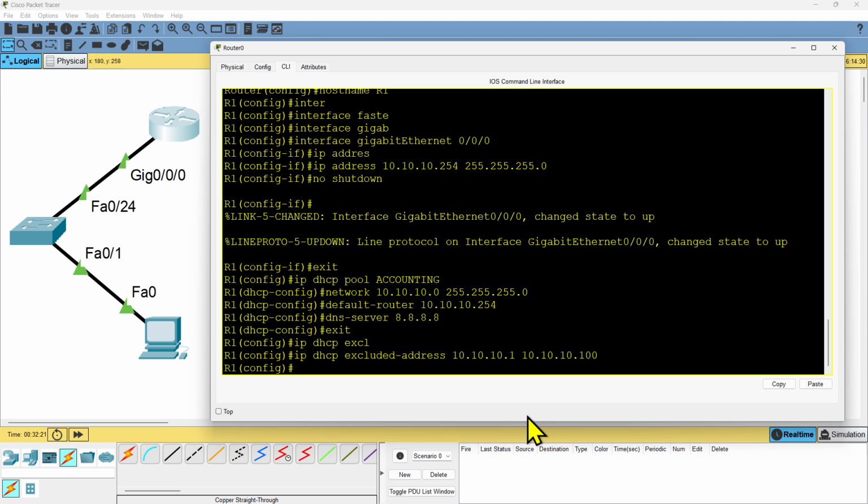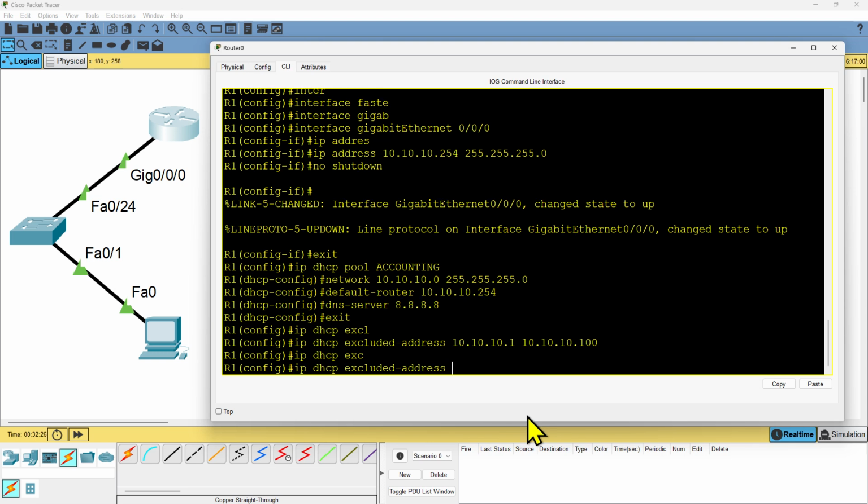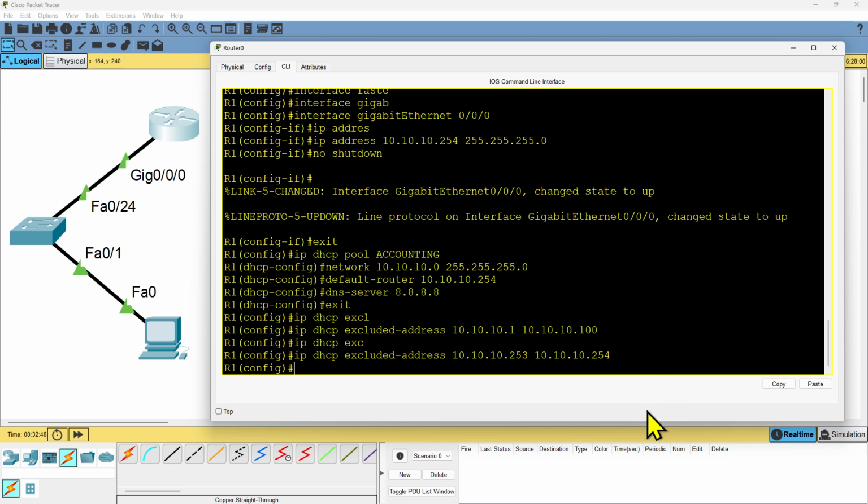Enter. I want to exclude a couple more. ip dhcp excluded-address 10.10.10.253 space 10.10.10.254. The 10.10.10.254 is the address of this current port up here on the router. I'm also going to add an extra one just in case I want to add a management IP on the switch. I won't do that in this simulation, but maybe I'll do it in another video. Enter, and I'm going to exit configure mode because I'm done configuring the DHCP pool and the excluded addresses,